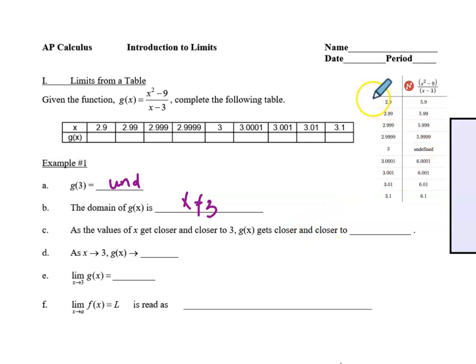So when you look at these values of x as we go closer to 3 from values less than 3 and closer to 3 from values greater than 3, my y values are getting closer to the number 6 from both directions. So that means the y values, or g of x, are getting closer to 6. We state that as x approaches 3, g of x approaches 6, and this little arrow here means the word approaches. So we state in formal notation that the limit as x approaches 3 of the function g of x